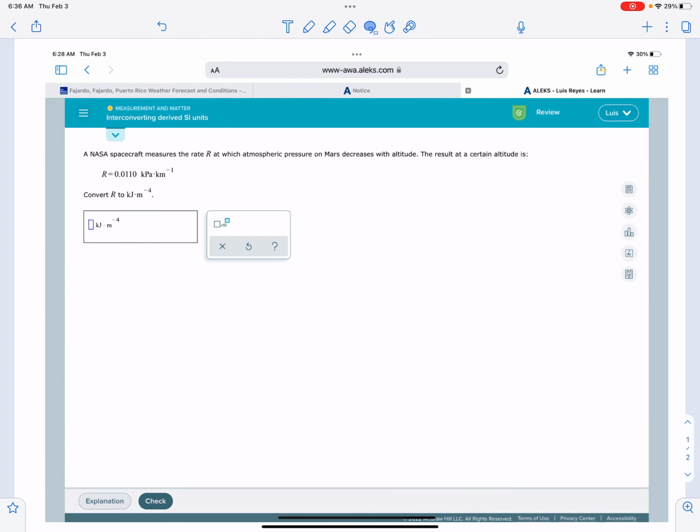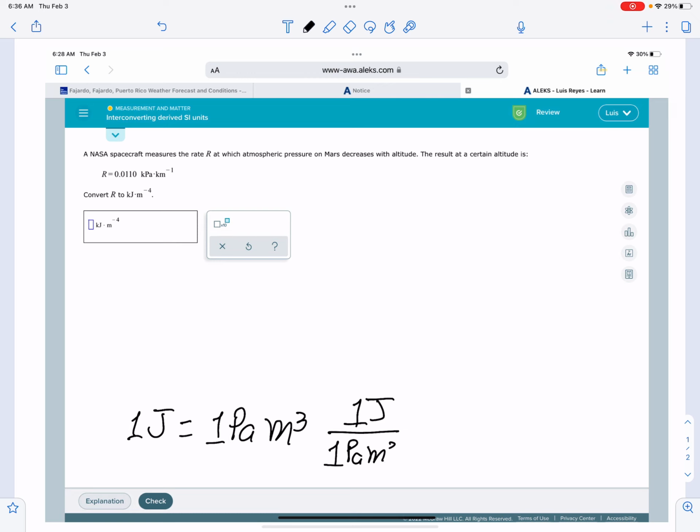So we know that 1 joule equals 1 pascal times cubic meters. So this is one of the conversions you have: 1 joule over 1 pascal cubic meters, or 1 pascal cubic meters equals 1 joule. That's straight from the table that ALEKS gave you. So if we have